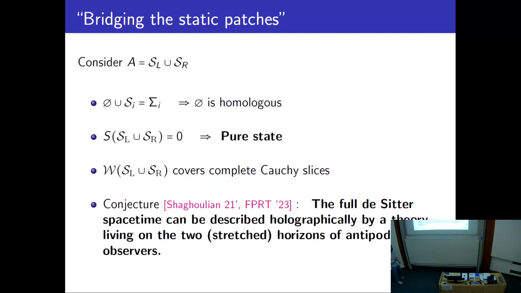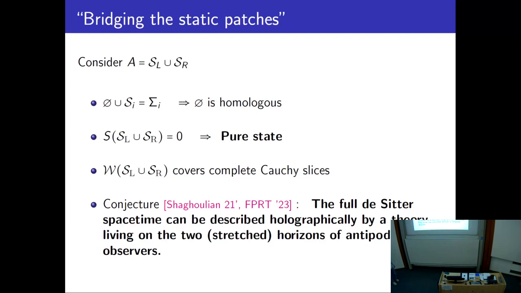And this example is quite simple because in this case, in all regions, the empty surface, which is the set of empty points, is always homologous to the two screens. And it's also extremal. And because its area is vanishing, there is basically nothing that has a generalized entropy that's less than that. So it is always the minimal quantum extremal surface. And we find that the entropy of the two screens is vanishing. So the full holographic system is in a pure state, as de Sitter space.